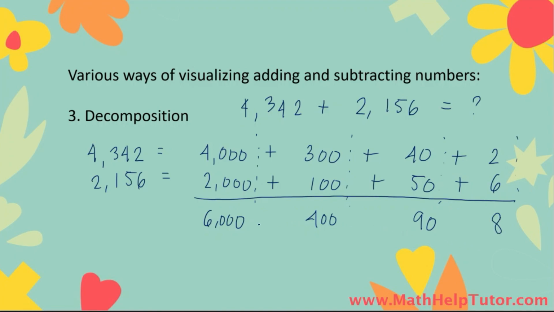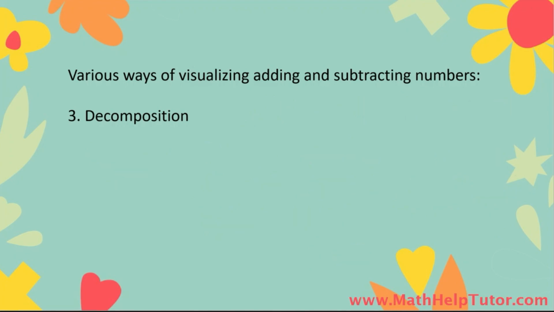So this is now the values of each place of our new number. So we can just put a plus sign here. And if you add all of these together, that gives us the new number, which is 6,498, which is the answer to the question. 4,342 plus 2,156 is 6,498. Now, it's also the same way for subtracting large numbers, like let's say 13,577 minus